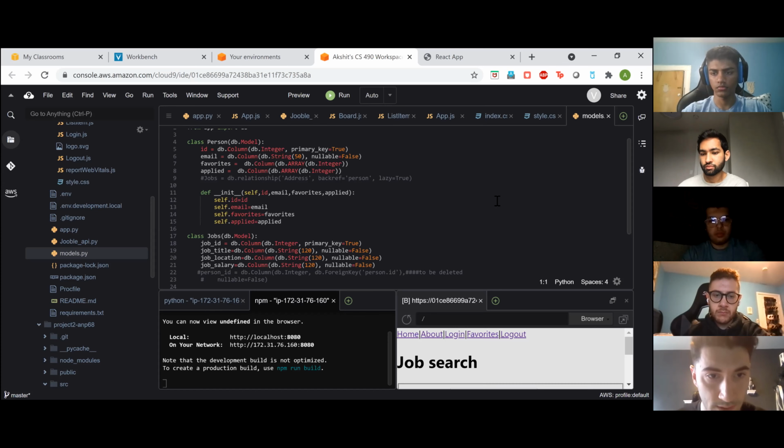So you can see that we had to make a database for the person. And then if you look at the jobs database, in the person database, because we plan on favoriting these job postings and showing that we applied to the job postings so that we can come back to them later, we actually had to create an array inside of our database to keep track of the IDs to eventually go back to the jobs database model. So Akshit, if you can show the app and you can take over.